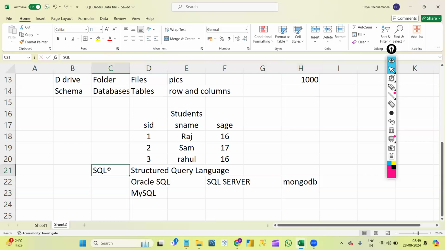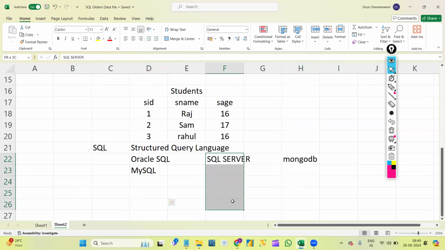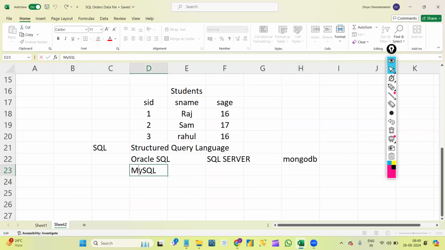So SQL is the language which is used commonly in each of the tools. Maybe the tools are different, but the concept is the same. That is the reason we will learn SQL. Here we are learning the MySQL product.